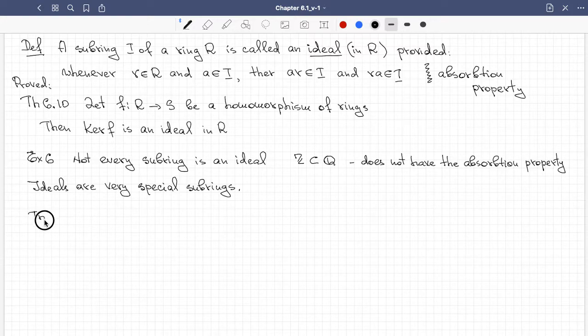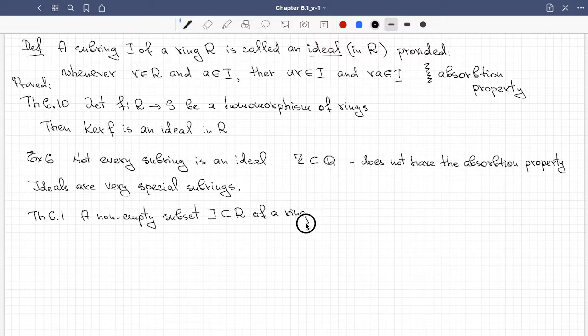Theorem 6.1, which gives us a criterion for a non-empty subset I of a ring R to be an ideal